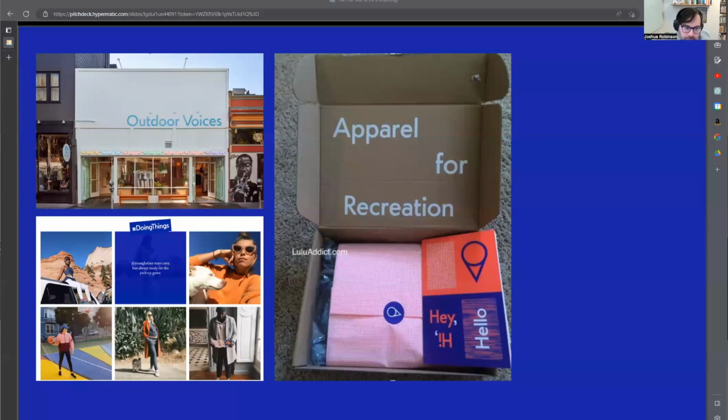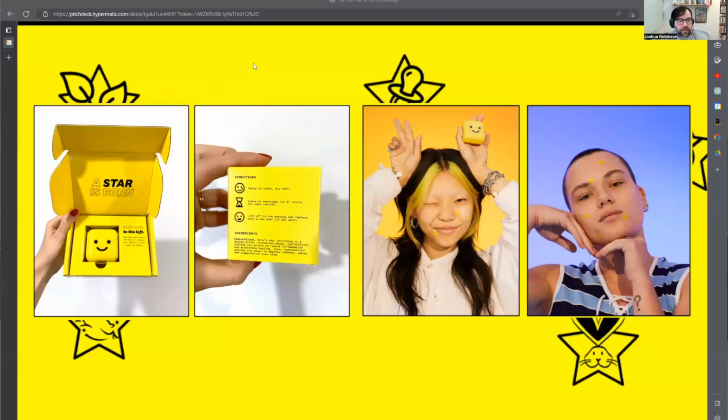So Outdoor Voices, for example, they use all these elements of color, their content strategy, their art direction, their videos, even their physical packaging and their in-store experience, right, has this element of fun and recreation. So brands can use this too to disrupt the norm. Okay, this is another brand. I can't even remember what this brand is called. Star something, I think. But I loved how engaging their content was online, and their product packaging, their art direction and photography, right? Everything about them just communicates this idea of fun.